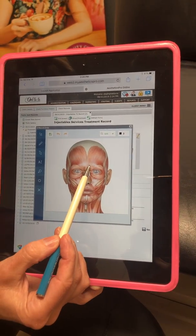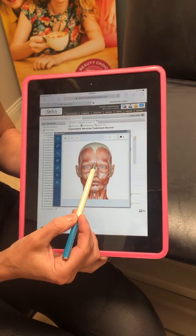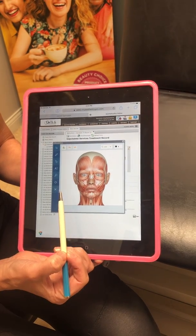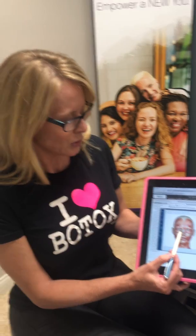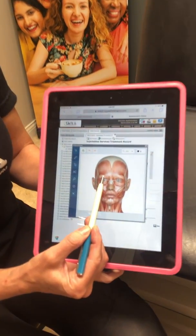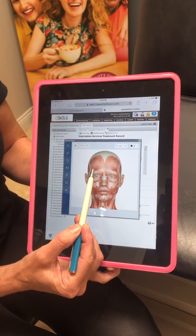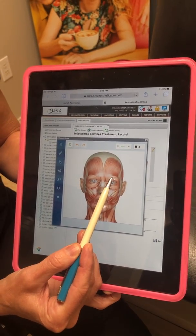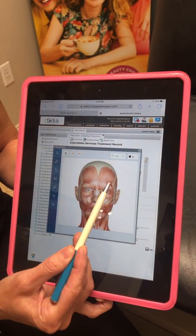So what we want to do is relax these muscles plus this muscle. And this little muscle actually lifts up and creates the line going across your nose. So when we inject in the glabella region, we want to inject here, here, here, here, and here. So you have 5 little injection points. And what that does is it relaxes this area. As you can see, this is where the muscles insert. And so it's going to relax the whole area, and you'll actually have a little bit of resolution of lines